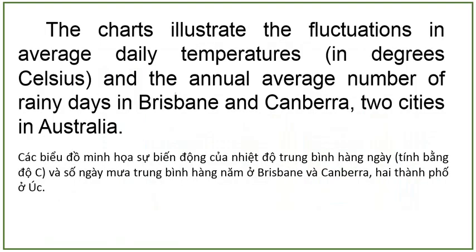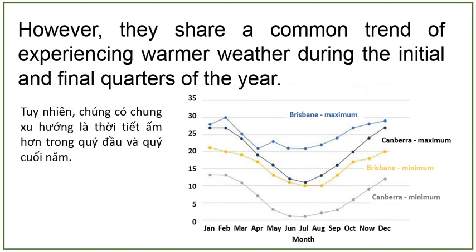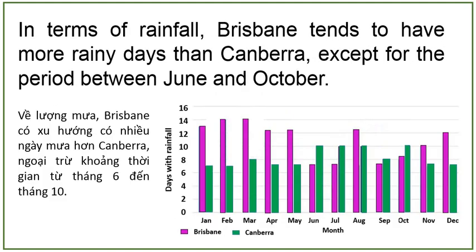The charts illustrate the fluctuations in average daily temperatures in degrees Celsius and the annual average number of rainy days in Brisbane and Canberra, 2 cities in Australia. The data highlights that Brisbane typically enjoys warmer temperatures compared to Canberra. However, they share a common trend of experiencing warmer weather during the initial and final quarters of the year. In terms of rainfall, Brisbane tends to have more rainy days than Canberra, except for the period between June and